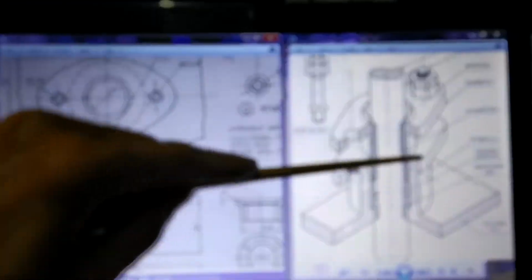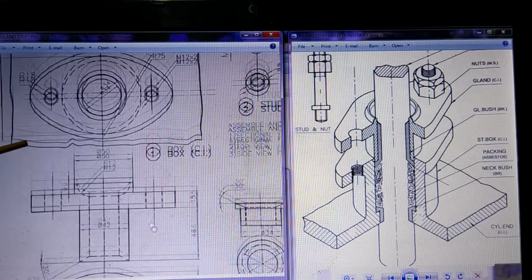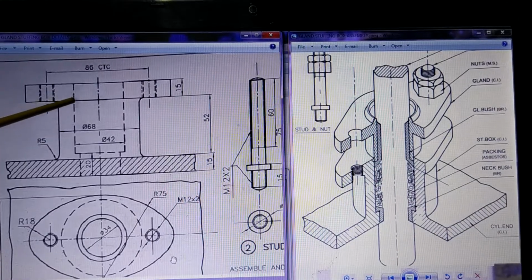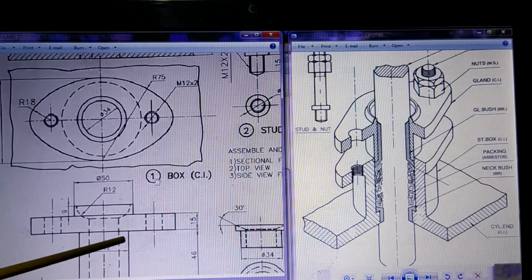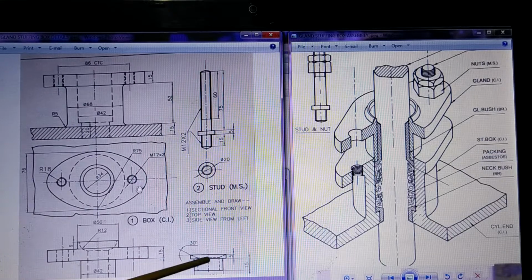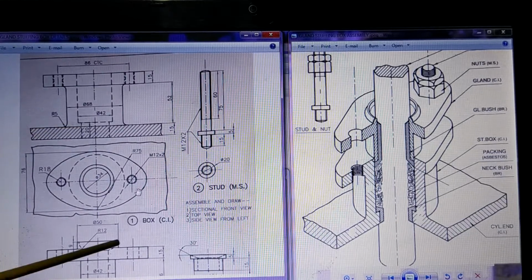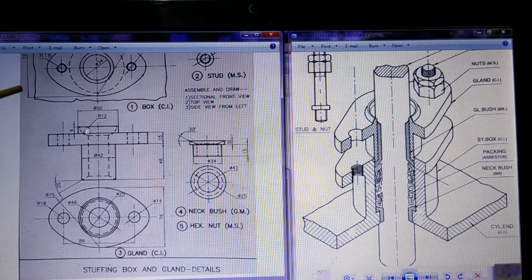When it is pushed down, as I said earlier, this taper surface which you are going to draw here will try to come down, and there is one more taper surface because of this bush which is present here. So between these two taper surfaces, there will be packing between the two like this, that will get pressed.